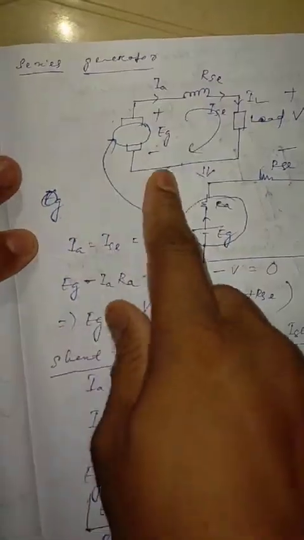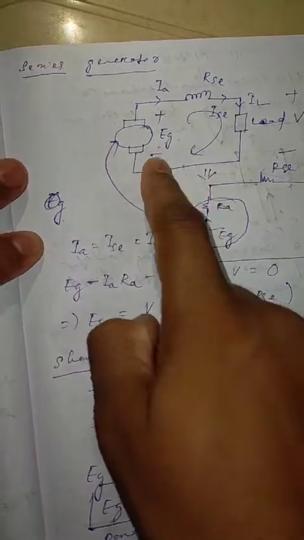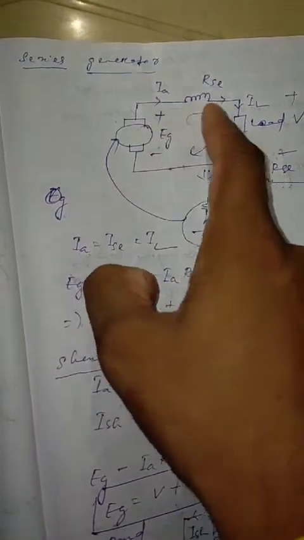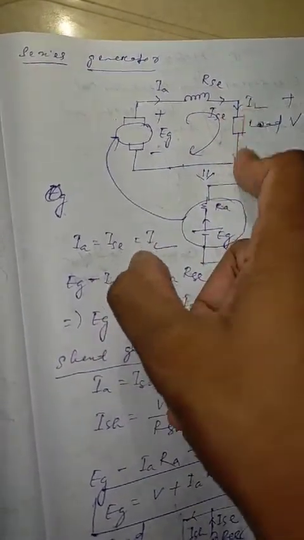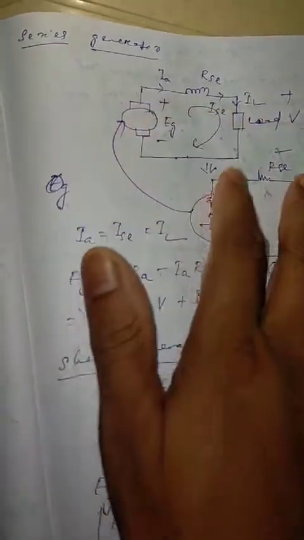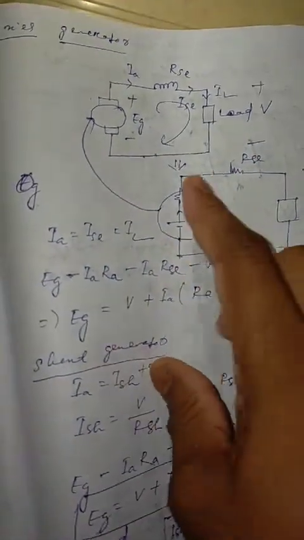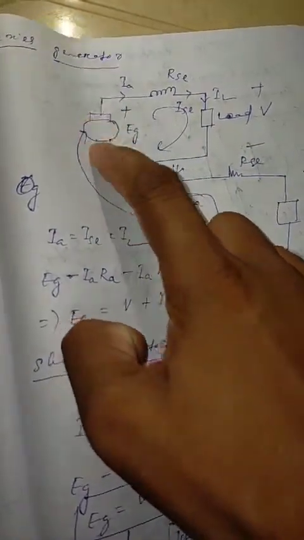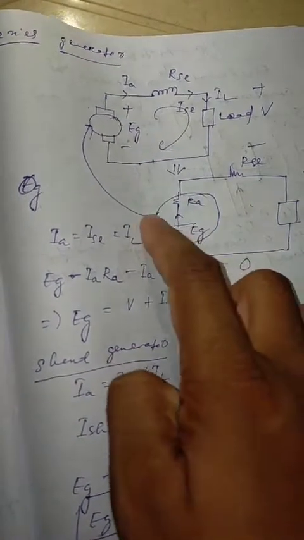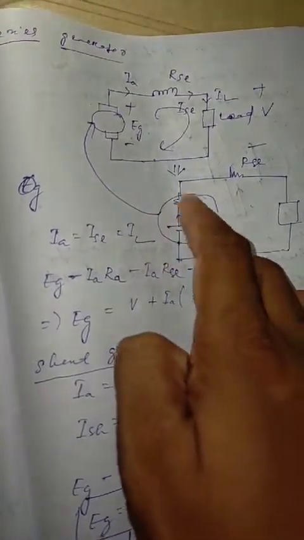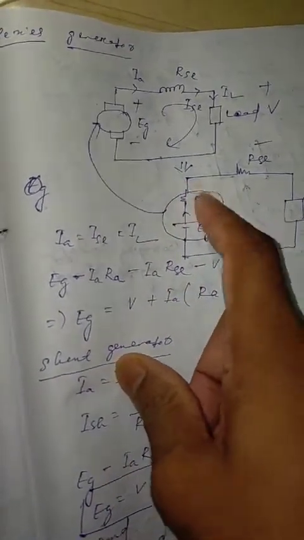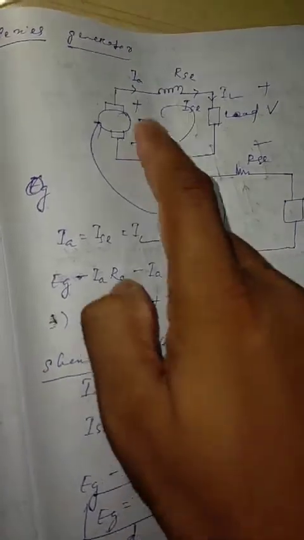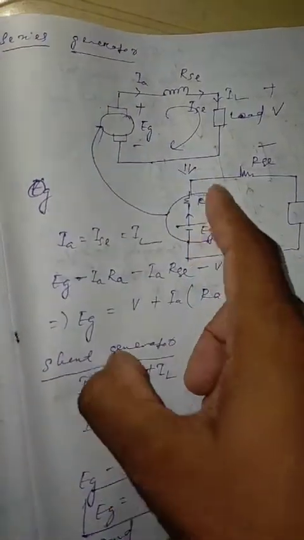Now let us go to the series generator. As the name suggests, we have the armature in series with the field winding. This is known as the series field winding. And again we have the load as usual. This is very simple to analyze. As I told you earlier, under the armature circuit we have the generated EMF, along with the armature resistance of the armature winding. Even though this will be very, very small, still it is there, and you have to represent it. Wherever you see this representation, you have to understand this.